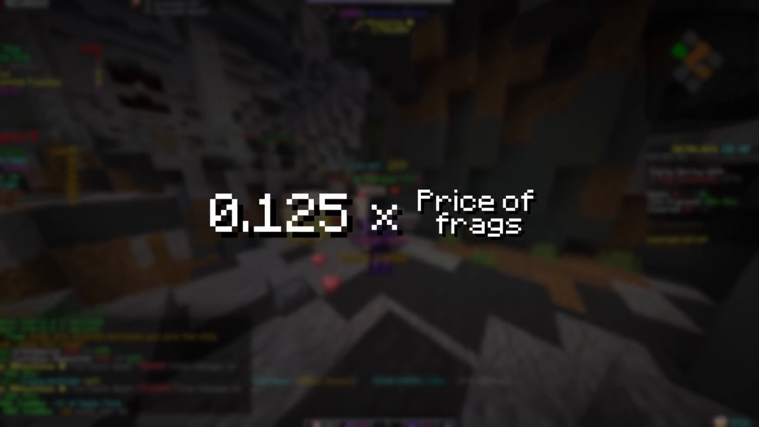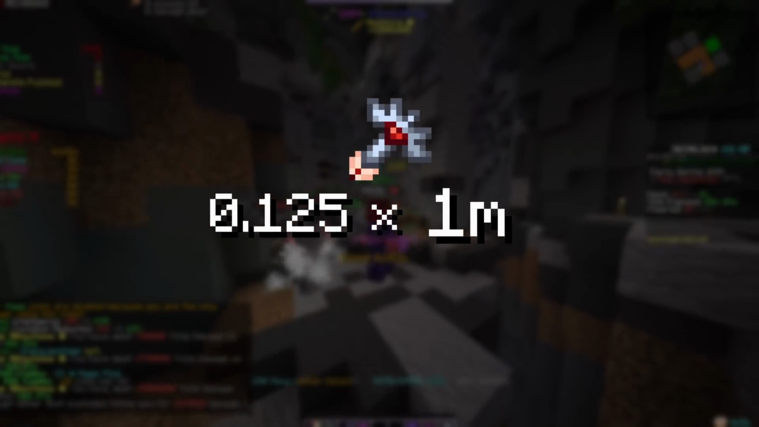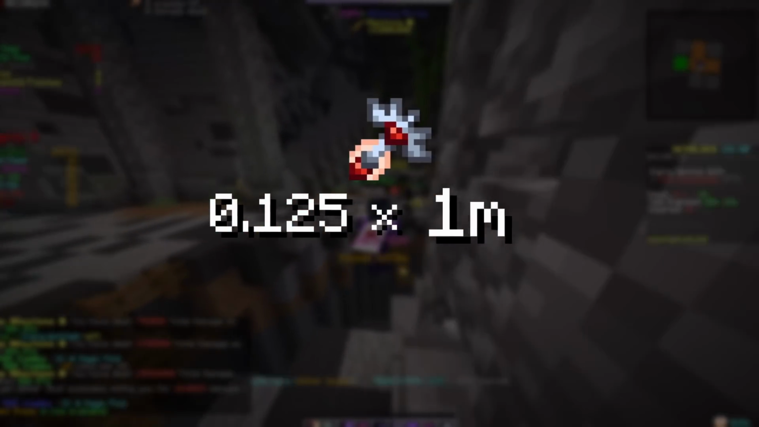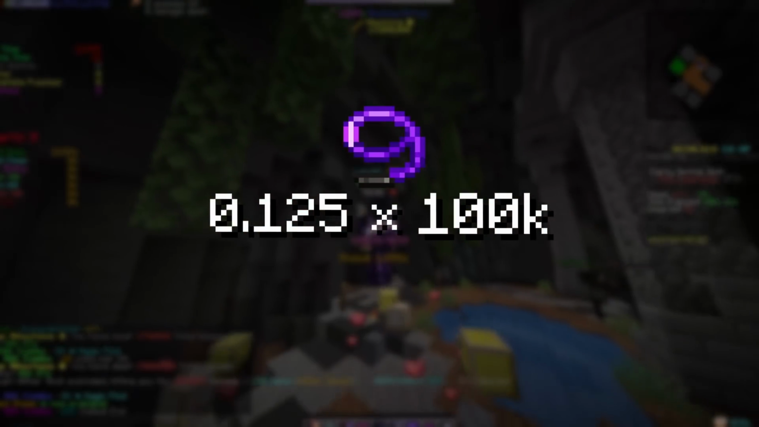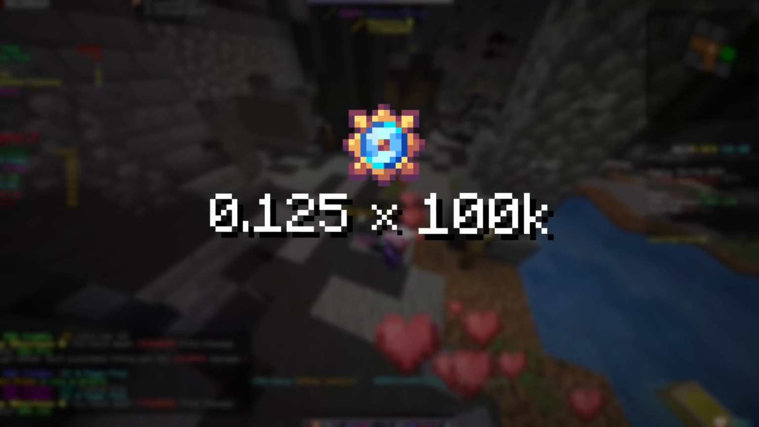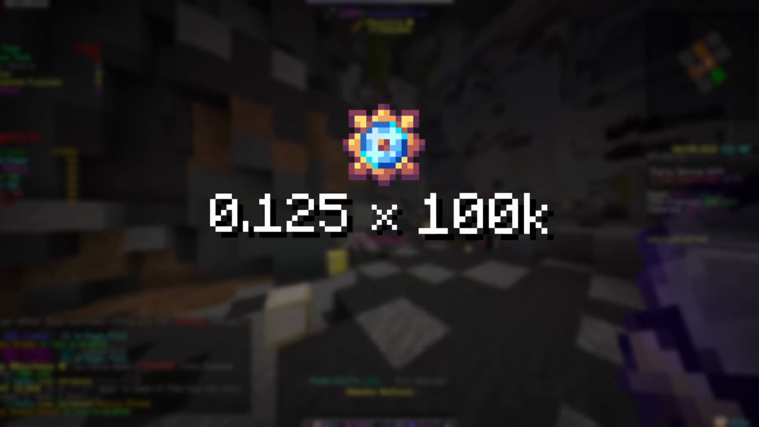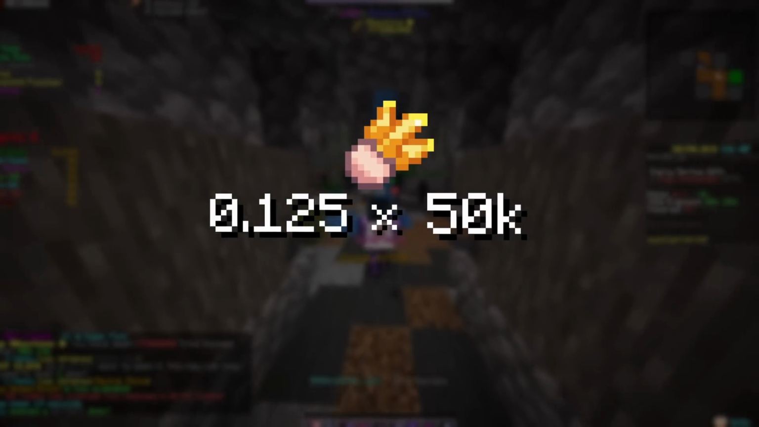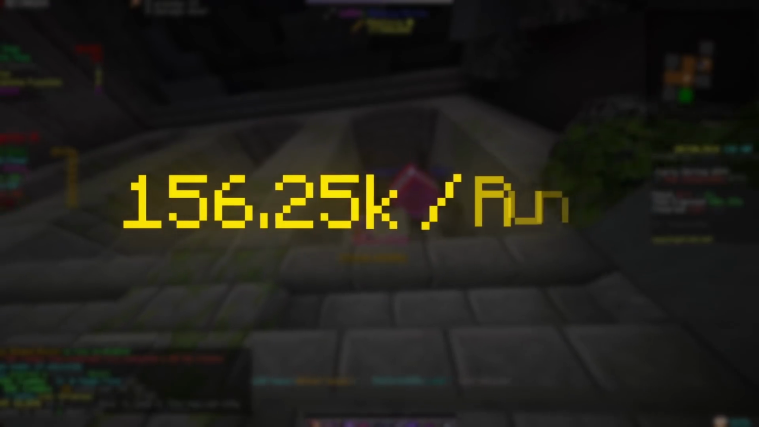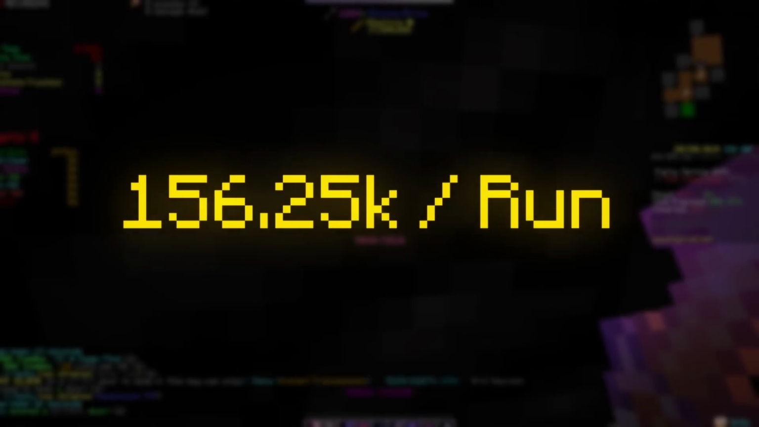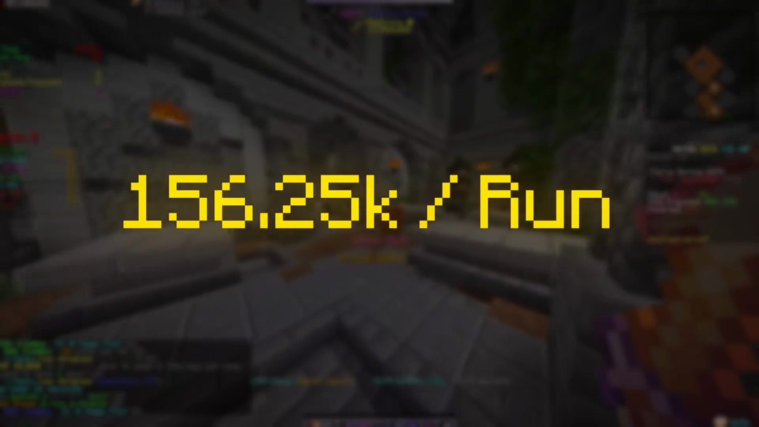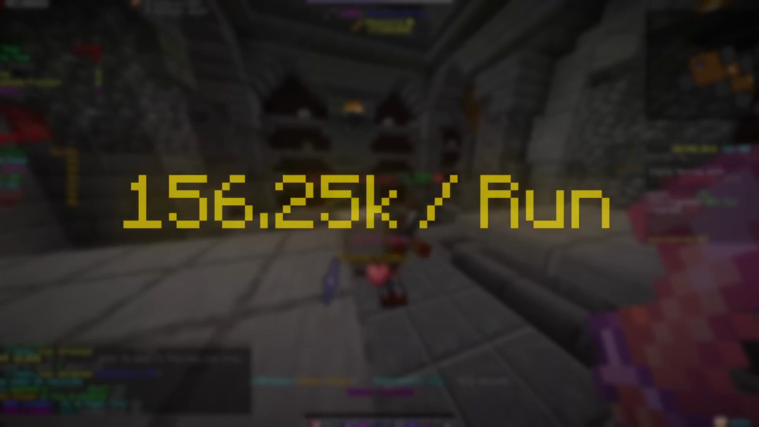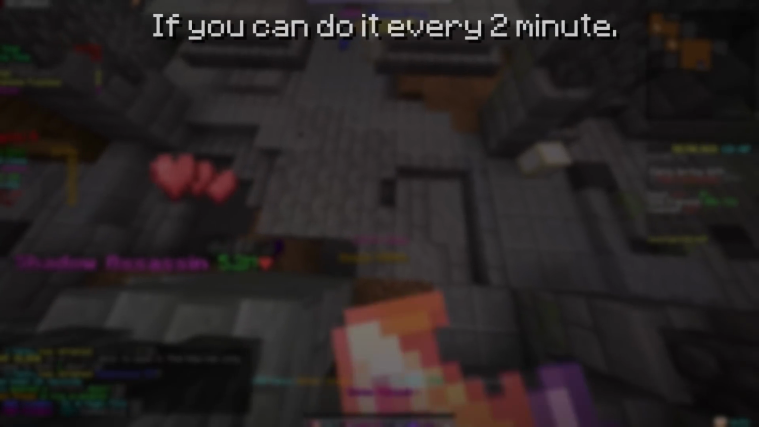So the values I decided to use are 1 million for the Diamante handle, 100k for the Bigfoot lasso, another 100k for the laser eye, and finally 50k for the Jolly Pink rock. After multiplying all the numbers and adding them up, we get an average of 156.25k coins per run, which in my case, as a person who can do them in about 2 minutes, I would make